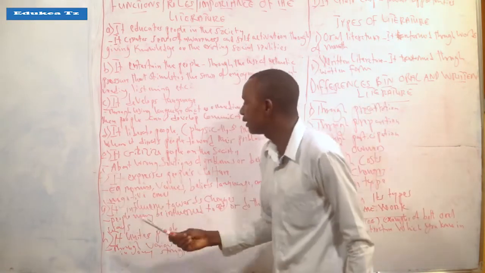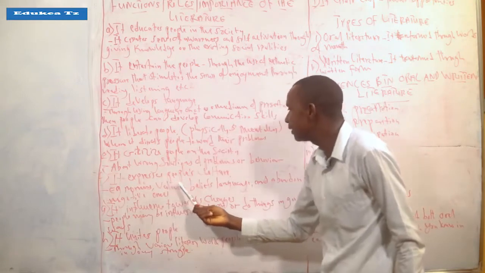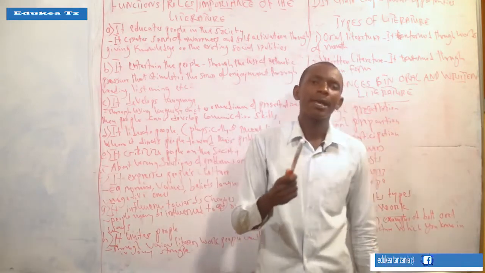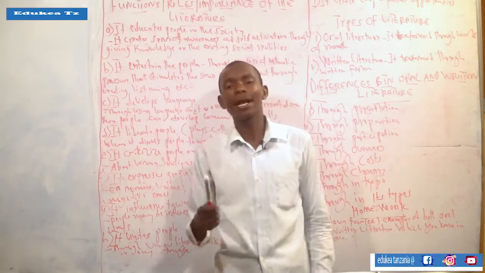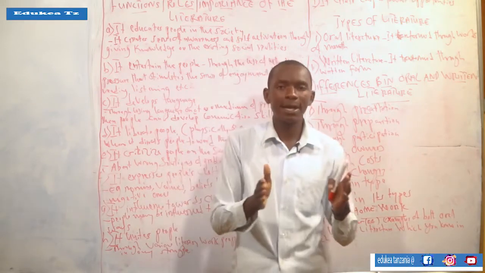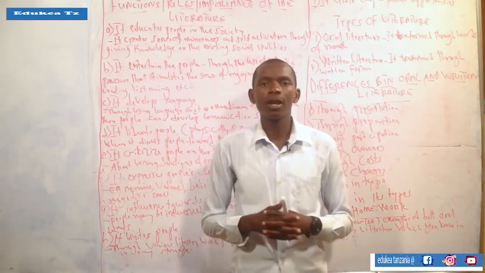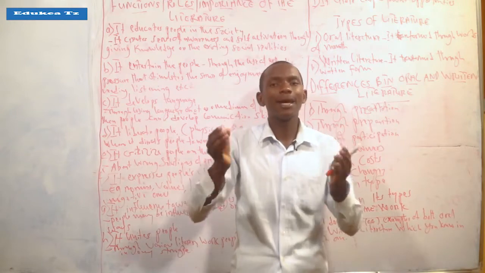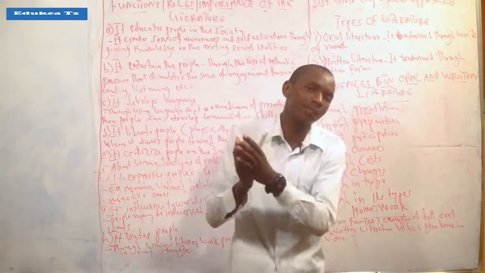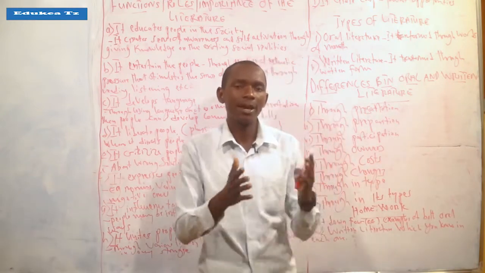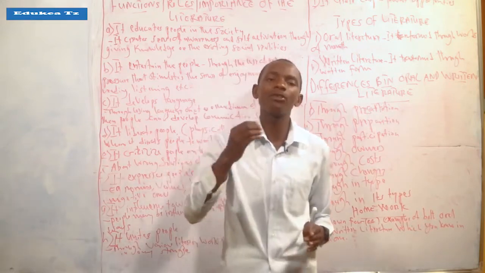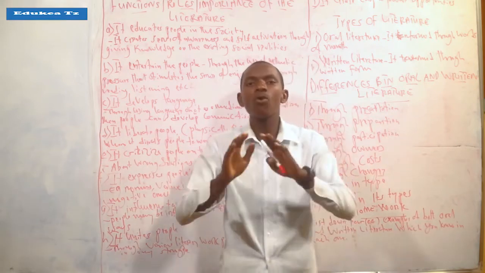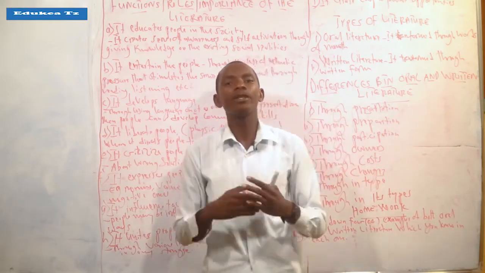Also, another function of literature is that it expresses people's culture. One element of culture is language. So every literary work uses language. So if a certain language has been used, that makes us say that it is the culture of a certain society. If any literary work has been written in Kiswahili, we know that this belongs to the people who live in the Swahili community.